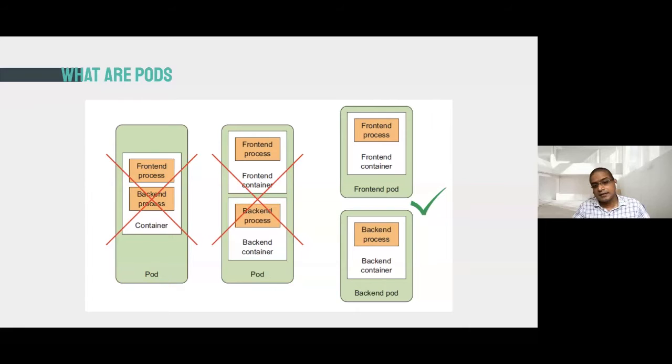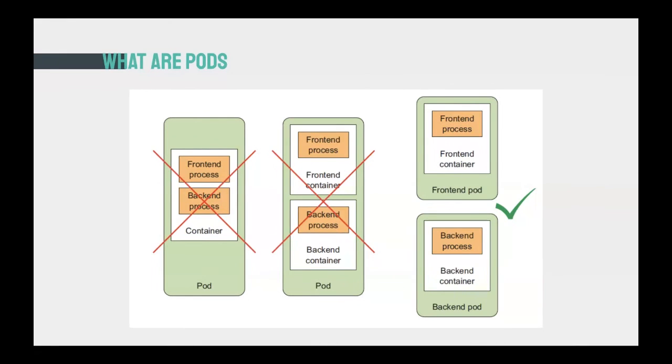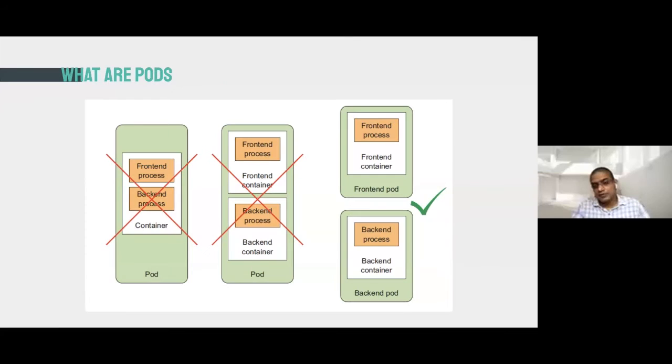And this is another bad usage of pod, where you have two containers. That is good, but you can of course host, as I told you earlier, both in one pod, but that is also bad, because there's a saying that you don't put everything in one basket, right? So if this pod fails, both these containers would fail. So the correct way is to have one-to-one mapping, one container for one pod. That is the standard practice of how you do the abstraction of pods.